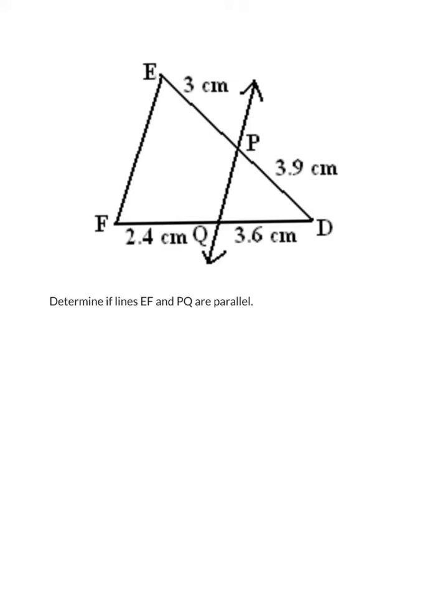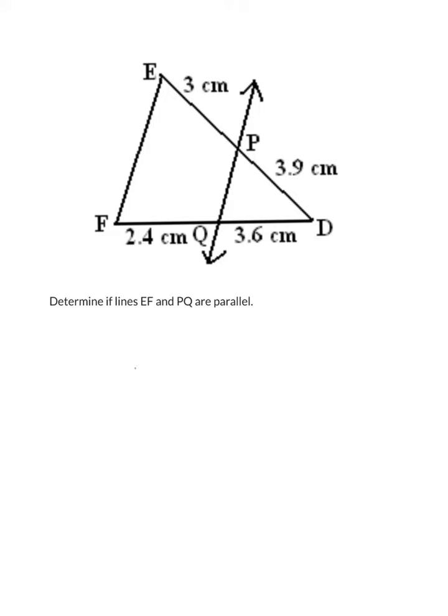In determining whether the lines EF and PQ are parallel, remember that what we need to do is look at whether the proportions for the triangle proportionality theorem are equal or not. So what I mean by that is we need to set up